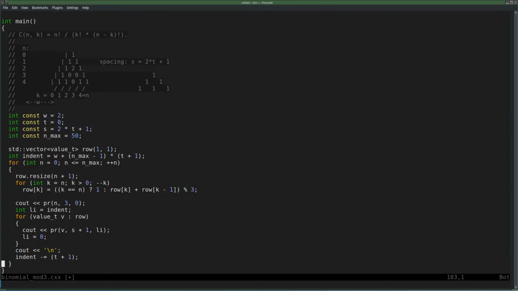Yeah, so this is using Pascal's triangle, and the magic happens here. Just add the two values above it. 1 plus 2 is 3, modulo 3 is 0, so it becomes a 0 because there's a 1 and 2 here. And this 2 is the result of 1 plus 1. That's how this was generated, and now I want to compare it with